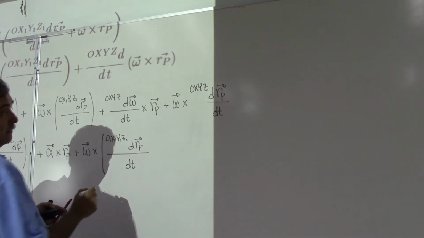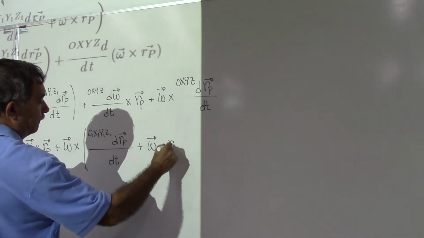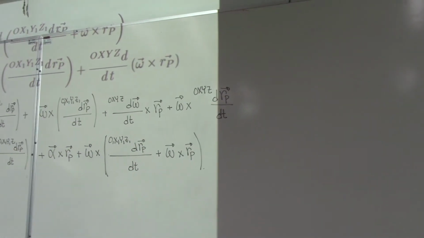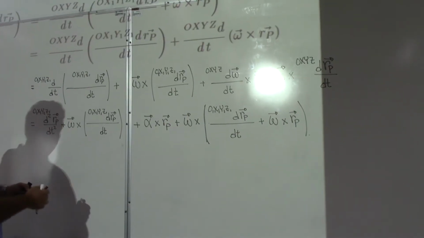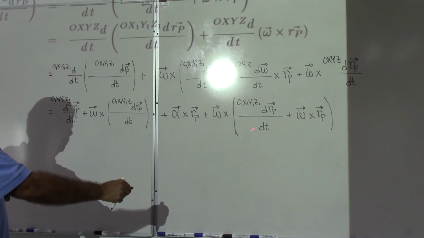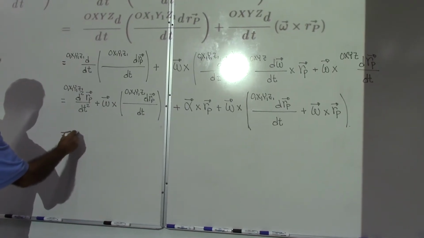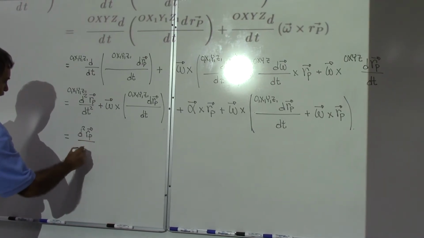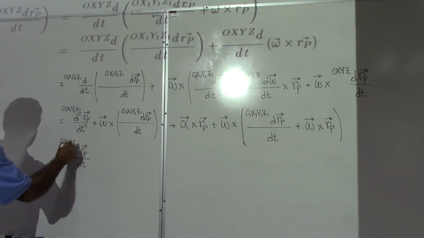plus omega Rp. Then we need to proceed. We can notice that this term is equal to this term, and so we can write the following expression. This is going to be the second derivative of Rp with respect to time and with respect to the moving reference frame